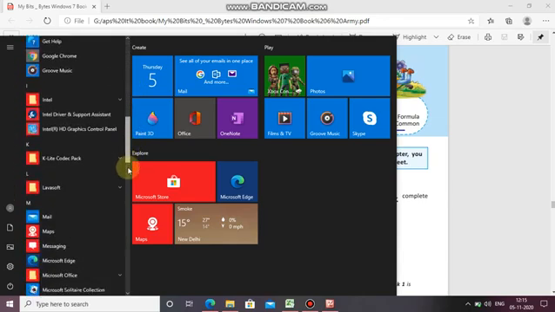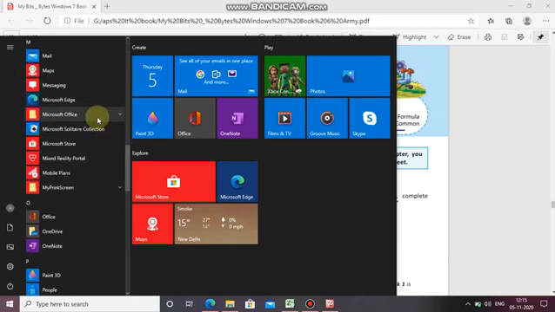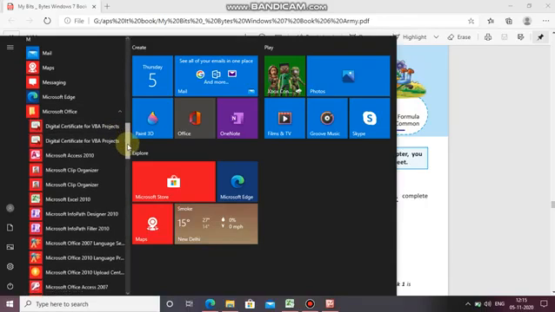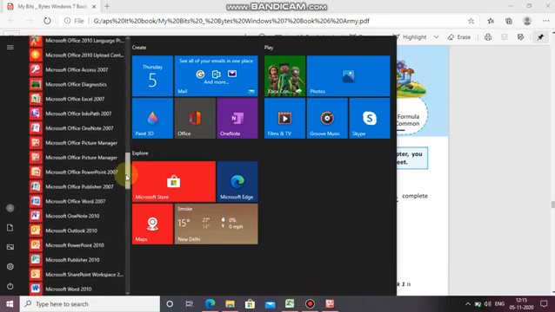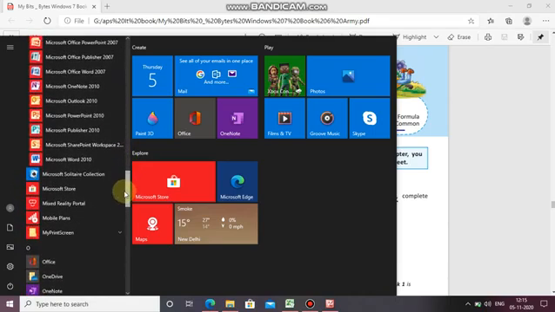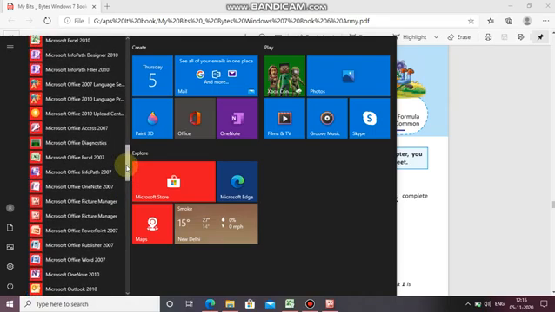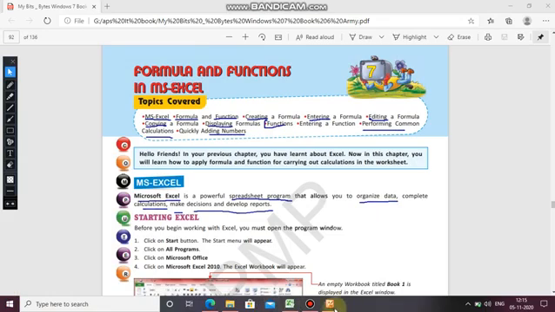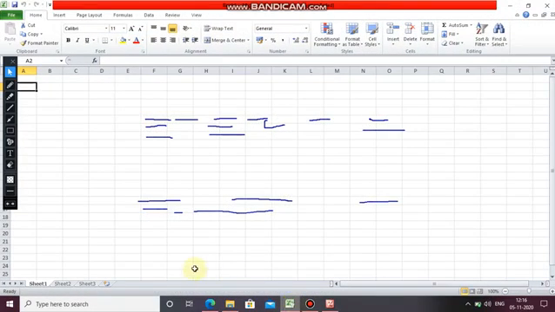Here you will search for Microsoft Office, then click on that, then Microsoft Excel, Excel 2007. If you are having Excel 2010 also, you can click on that, and 2007 also. When you click it will open in your system, like this.